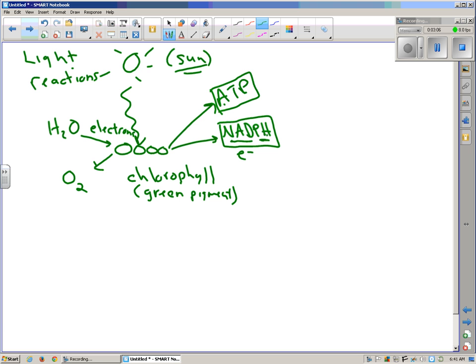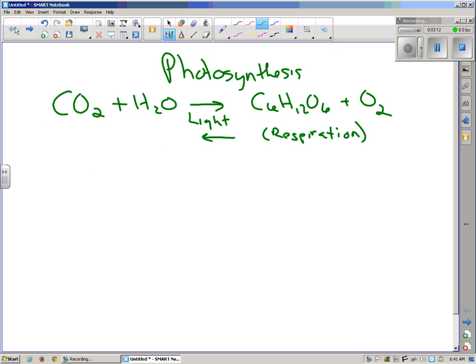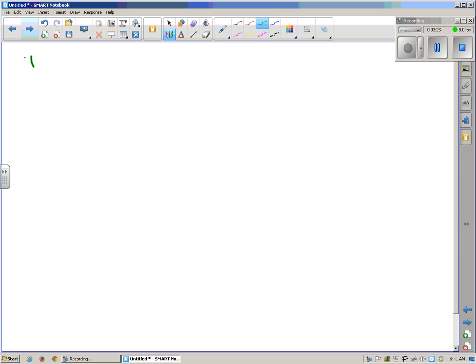Now we have some leftovers. We have these things that are left over. And if we go back a slide, we still haven't shown how we make this, or we haven't used this. We've shown water, light, and oxygen, how they are involved. So if we go here to the dark reactions, or Calvin cycle,